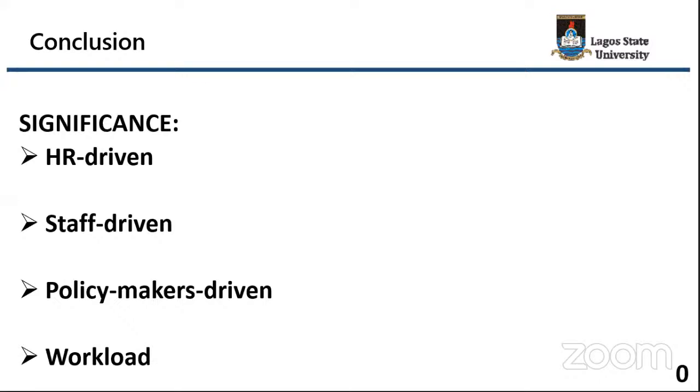With this system, HR performance can be enhanced with this support system. That is, even if the system is not a total replacement, it actually aids their work in their day-to-day activities, especially when it comes to staff promotion. The significance is also staff-driven, because now we have highlighted for a particular organization what the key indicators of whether you are promotable or not are. So staff can work hard